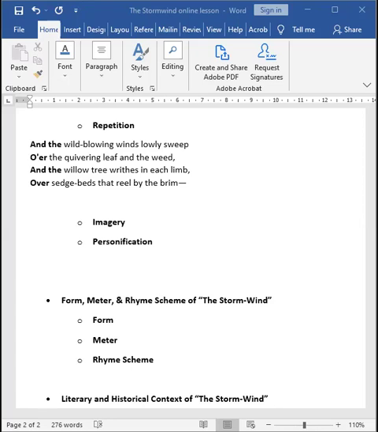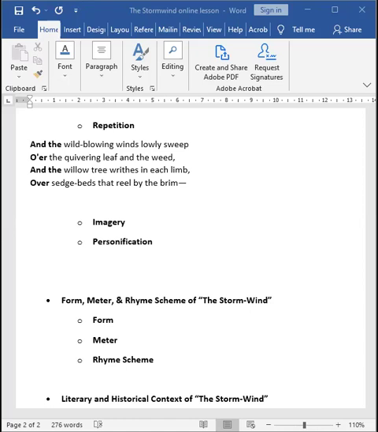Now, what is the storm doing? It is swelling the waters of the swift rolling brook. What is the storm doing? It is resulting in the winds being wild. It is resulting in the trembling of the plants. It is resulting in the limbs of the tree twisting. It is resulting in the grasses bending. So all this is imagery, and this imagery is suggesting what? The power of the wind. These vivid descriptions make it easier for the readers to envision the storm as it whips across every bit of the landscape, affecting not only the delicate grasses, but the thick tree branches also.